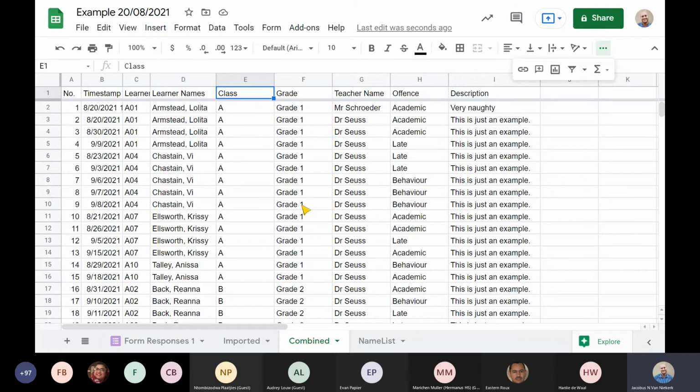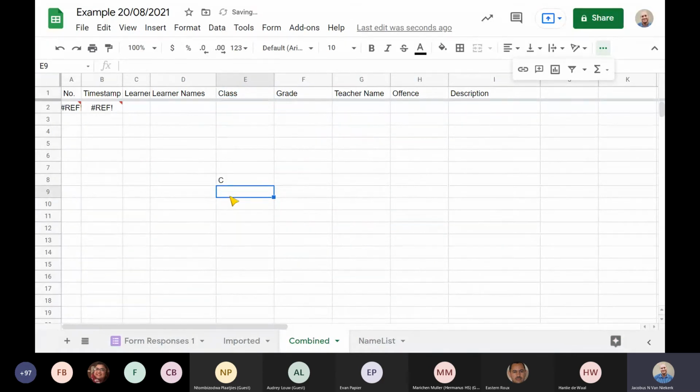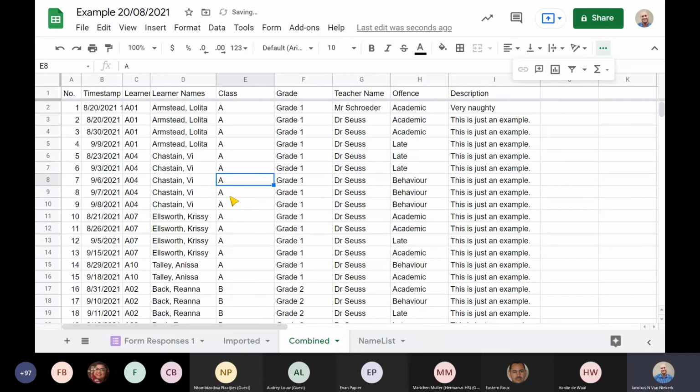bit worried that someone's going to open it up and go, oh, but wait, this is supposed to be C, enter, and then they break everything. And I promise you, the number of times I've seen this happen is a lot. So we have to limit control, and we have to determine who has access to what and how we define that. A simple example here is that we can say, for example, let's take